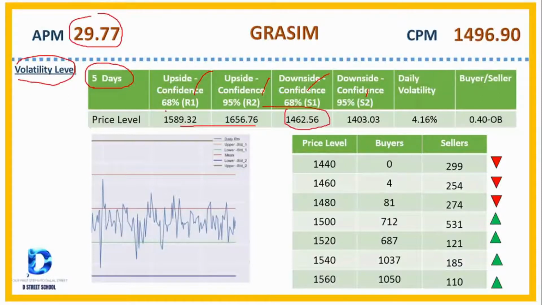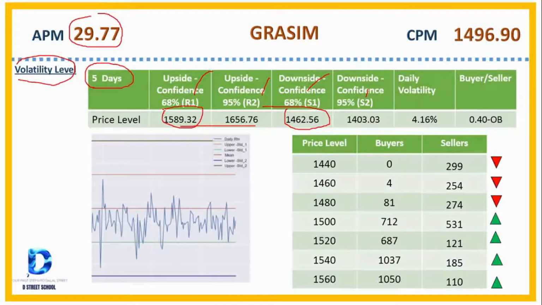1,462 to 1,589. This is the trading range for GRASIM India. I can confidently say 68% it will trade between those ranges. There will be a remaining 32% chance that GRASIM India might trade outside of the range, either upside